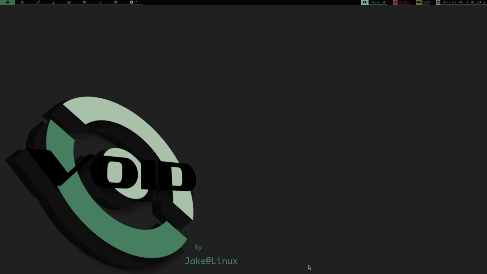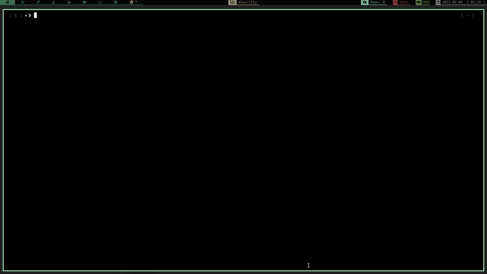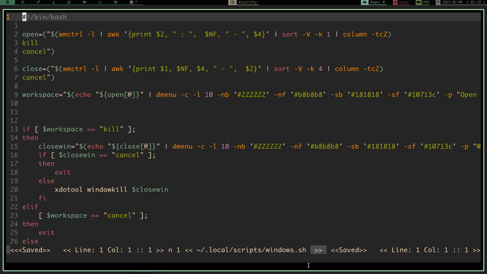So let's go ahead and open up a terminal here. Let's clear the screen and zoom in, and then I am going to vim into my .local, oops, not /local, .local, and then scripts, and you can see it's already going to autocomplete my windows.sh script. We're going to hit enter, and that's going to bring us into that. Basically what I've got here is a couple different variables. I've got the open variable, I have the close variable, and then I have a workspace that creates a dmenu out of the open variable, and then I have a close win dmenu that creates a dmenu out of the close